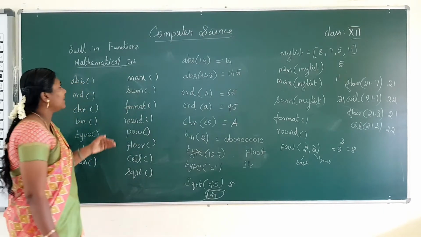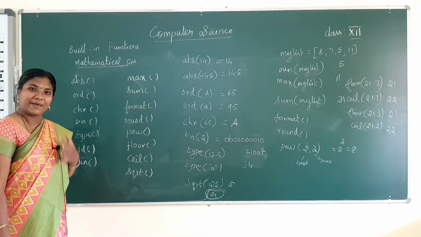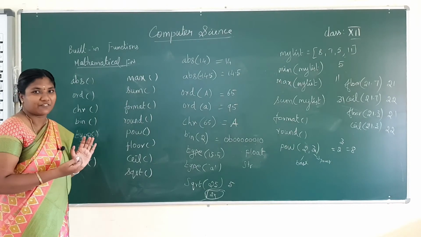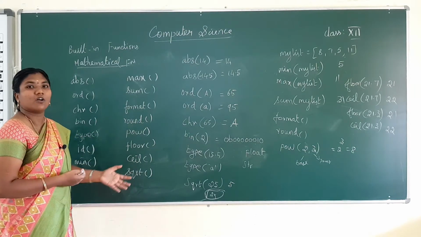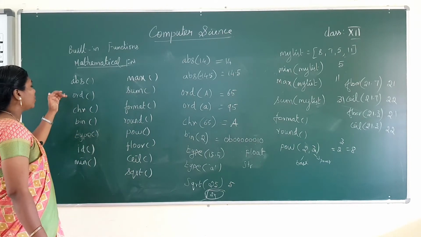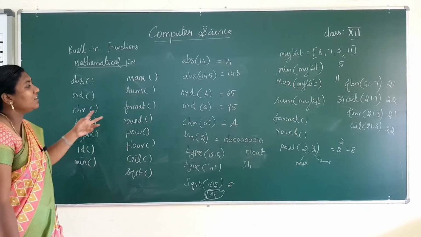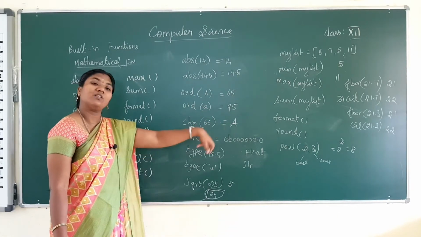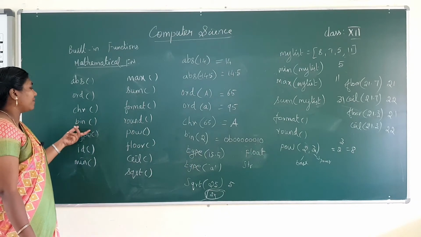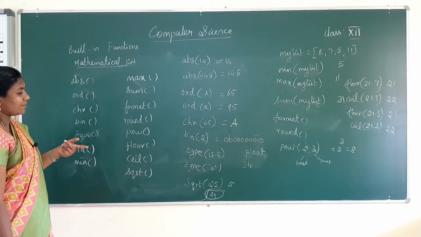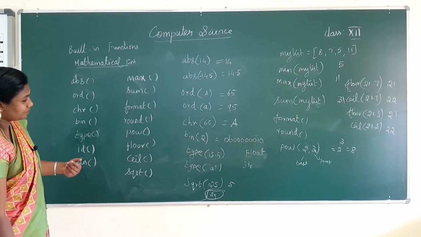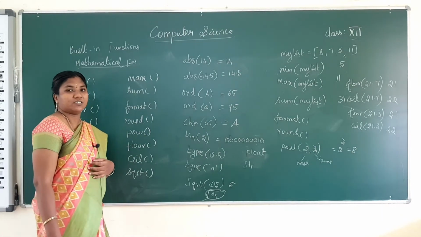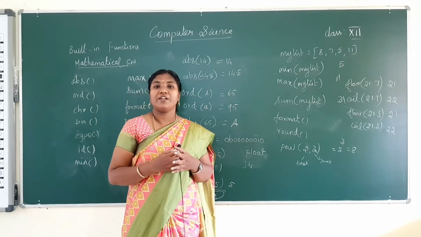Okay. So, we have seen the built-in functions available in Python. Absolute gives the absolute value; as per the name, you can find for which purpose the function can be used. Ord and chr are inverse of each other. If you give ord, it will give the ASCII value, and if you give the ASCII value inside chr, the particular character will be printed. Bin will convert to binary. Type tells which type it belongs to, and then min, max, sum, format, round, power, floor, ceil and square root functions.